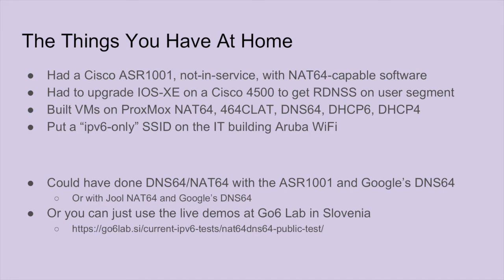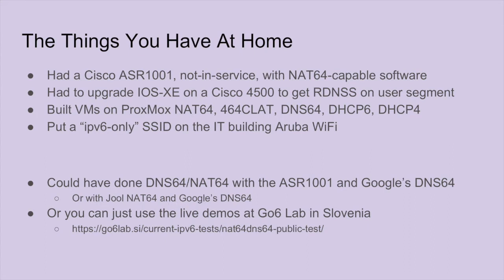So using the things you have at home, we had a Cisco ASR 1001 not in service, and it had NAT64 capable IOS sitting on there, and we just turned it on and configured it. We had to upgrade IOS XE on a Cisco 4500, which faces our office subnet, to get RDNSS working. We built VMs on Proxmox, did NAT64, 464 CLAT, I call it, DNS64, DHCPv6, and DHCPv4, and put an IPv6-only SSID on the IT building Aruba Wi-Fi